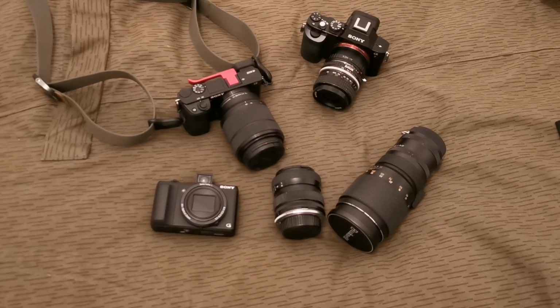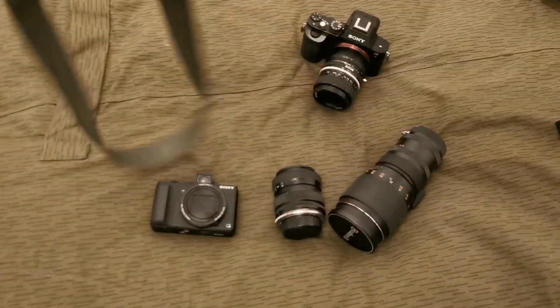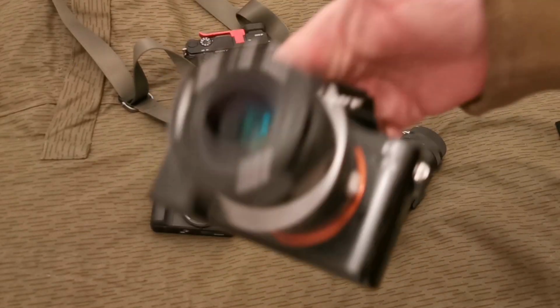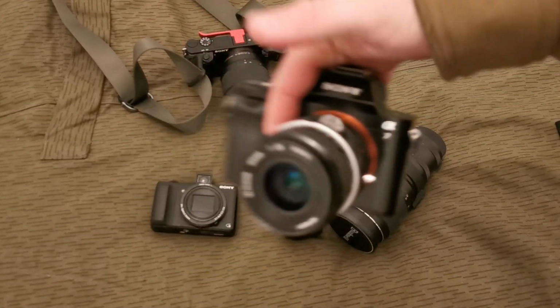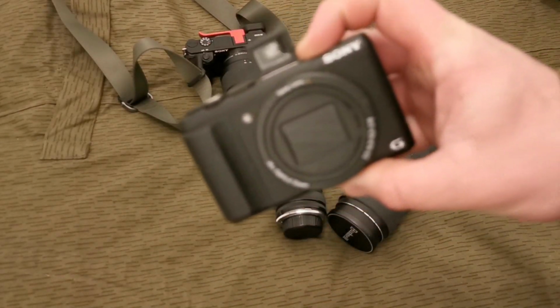I have got a street photography channel out as well, so I want to try and keep that going as well. But yeah, mostly carry this camera, the A6000. When I'm not using that, I'm using the original A7. And I always carry a compact camera for